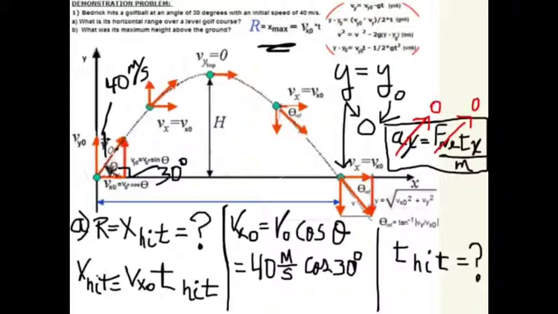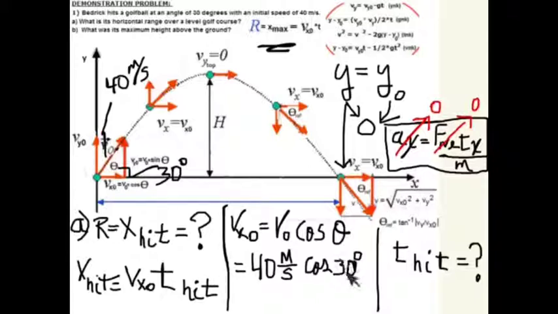That's the polar magnitude, which becomes the hypotenuse of the reference right triangle used for the polar to component conversion. Since the x component, Vx naught, is the adjacent side and the cosine is the adjacent over the hypotenuse, Vx naught is the hypotenuse, V naught, which is 40 meters per second, times the cosine of